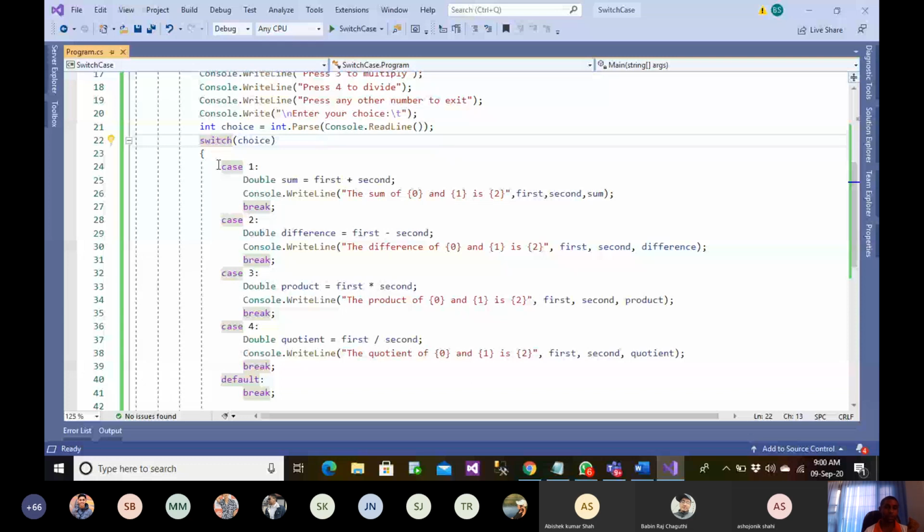So this is going to save a lot of my time. But with if-else statements, it would check whether this is 1, whether this is 2, whether this is 3, and whether this is 4. Yeah, this is 4, then this would get executed. So unnecessarily, it will also check the unnecessary if-else conditions. But in a switch case, this will directly jump to the condition which is true.